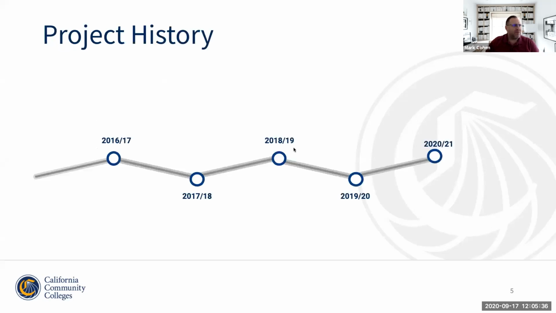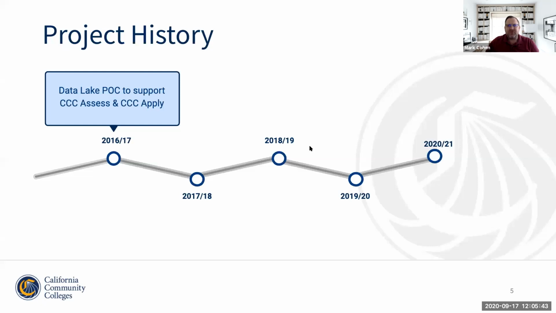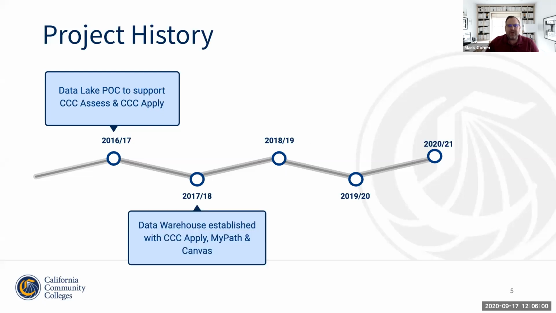So as far as a brief history of the project, the CCC Data Project originated at the request of the Tech Center grant to construct a data lake in support of the online education and common assessment initiatives. And that's where it originally began. And we responded by developing a proof of concept that was constructed leveraging Amazon's S3 data store. The following year, after that successful proof of concept, the grant called for the Tech Center to build a data warehouse, which we did. And in 2018,